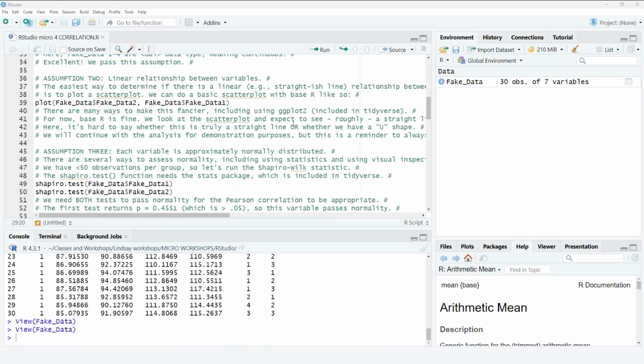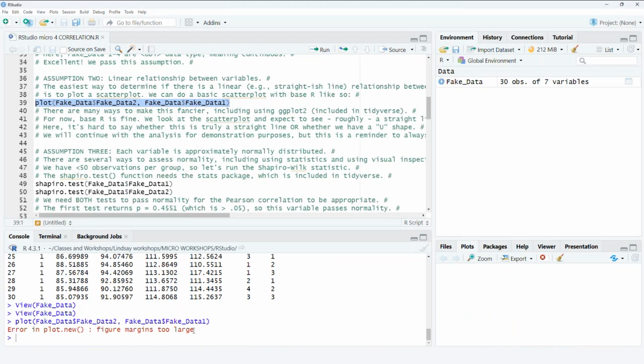We can do what's called visual inspection. We can plot one thing on the X, one thing on the Y, and just have a look at it and say, does it look kind of like a line? So there's lots of different ways to make plots and really fancy, really pretty plots in RStudio. I'm just showing you the most basic way to do this on line 39. We're literally going to use the plot function. We're going to say fake_data$fake_data_2 to say plot fake_data_2, that variable. And we're going to give it a comma and say fake_data$fake_data_1 to say we'd also like to plot fake_data_1. We'd like to plot that variable. So if we highlight and run line 39,